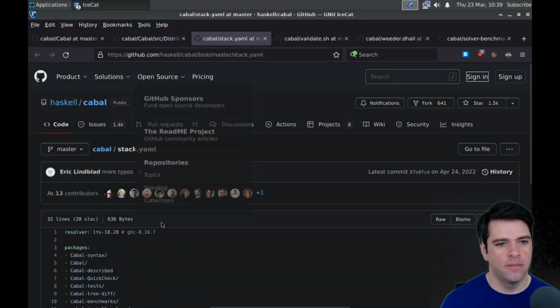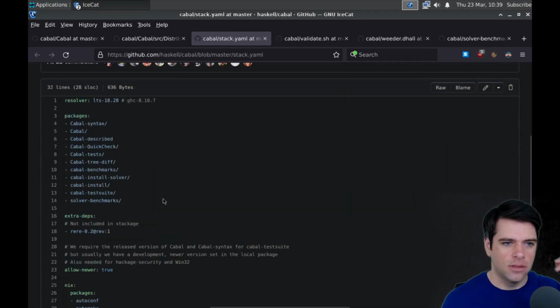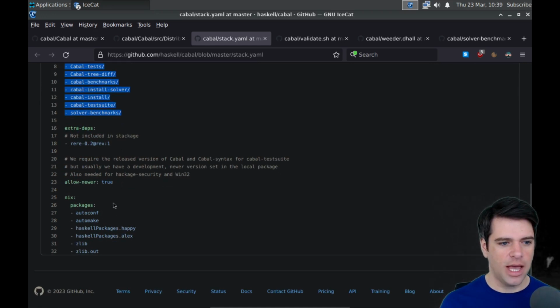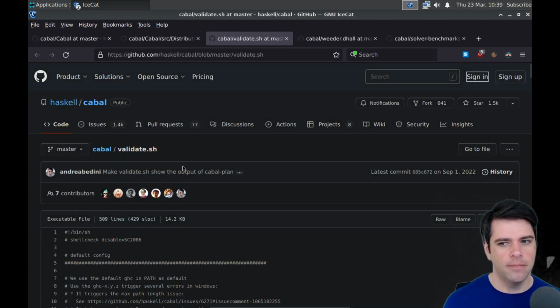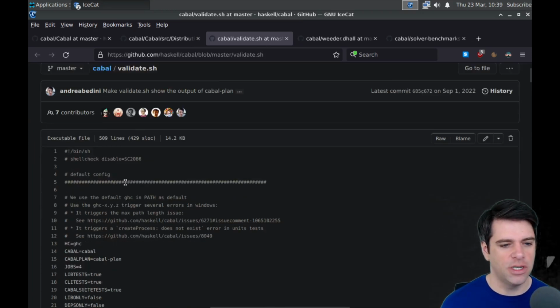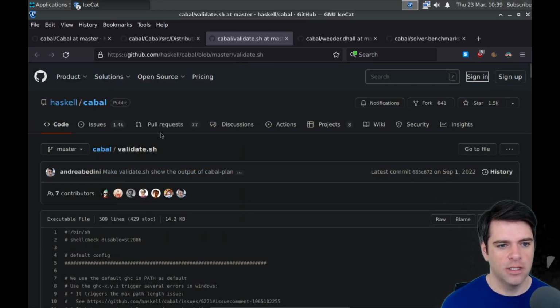So Vim stuff. Here's stack.yaml. It's going to basically do a similar thing, I guess, to the Cabal file, but in stack land. And it's got some Nix stuff. I think Nix has some stuff for converting Cabal files to Nix files and stuff like that. The Haskell people seem to be super into Nix, if I understand correctly.